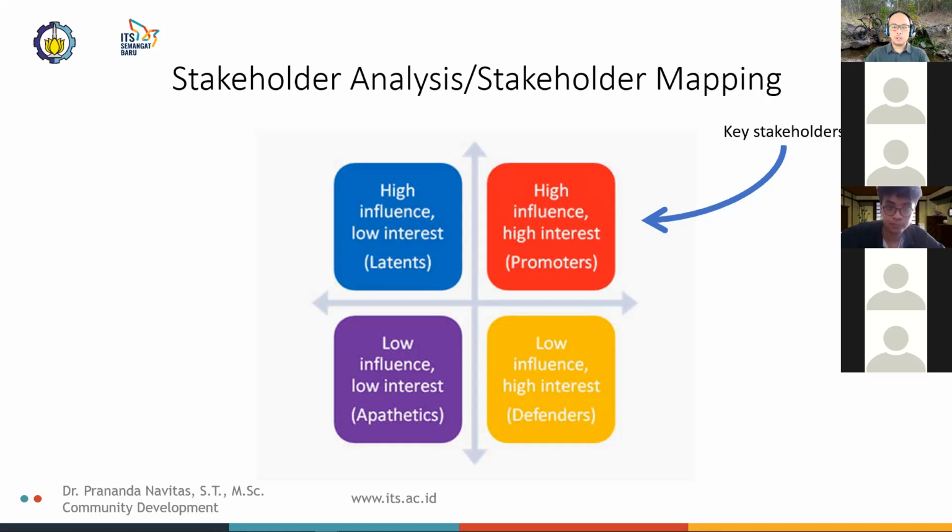Most methods of stakeholder analysis or mapping divide stakeholders into one of four groups, each occupying one space in a four-space grid as shown. As you can see, low to high influence over the efforts run along a line from the bottom to the top of the grid. So this is the influence line,